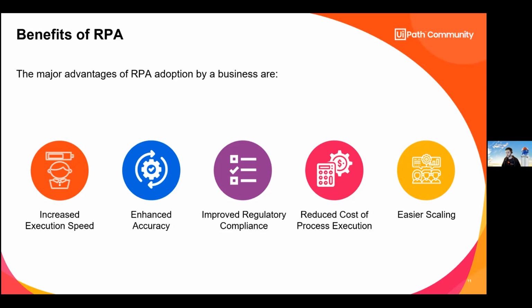Let's say that a process needs to be done 10 times more some month than any other month. It's easier to put 10 more robots than to train 10 more persons to do the same job in a shorter time. We have no problem saying we have a process that is done by one robot and we want to do it on 10 robots. We just need the computer machines to do all the processes, but we don't need to train them again. That's why it's a lot easier to scale RPA.